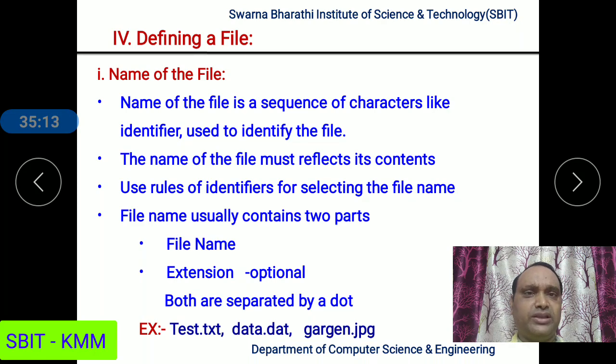It should be any combination of alphabets, digits and underscore, and an identifier should start either with an alphabet or underscore but not with a digit. Special characters are not permitted as a part of the identifier, and white space characters are not permitted as a part of identifiers. An identifier can have a maximum of 8 characters, not more than that,